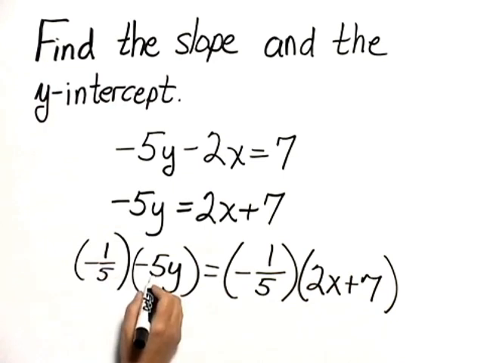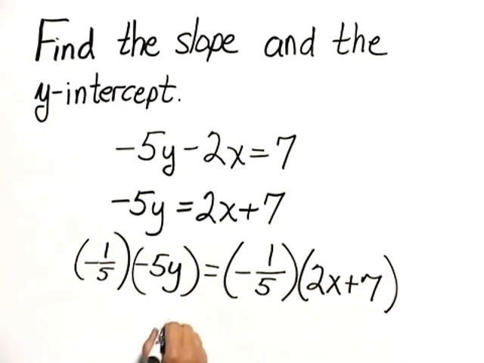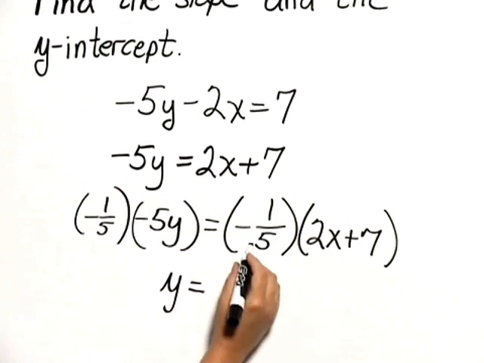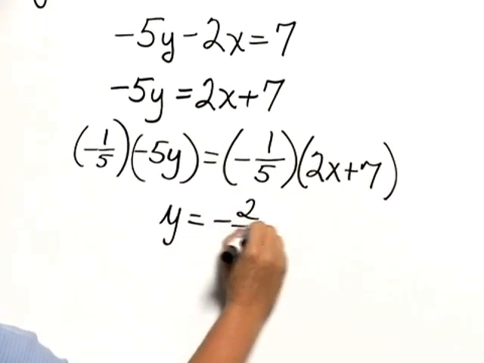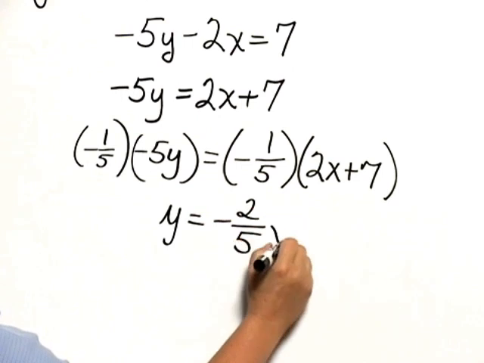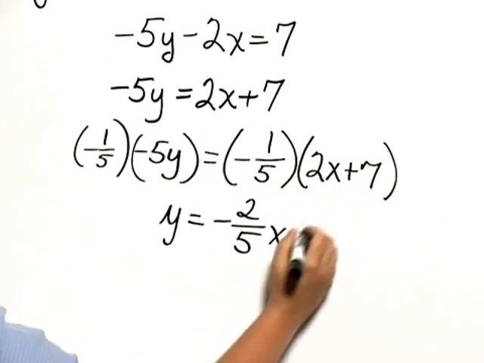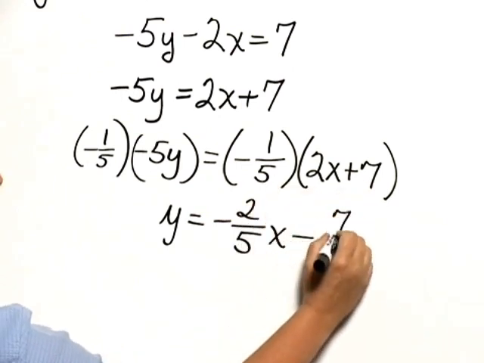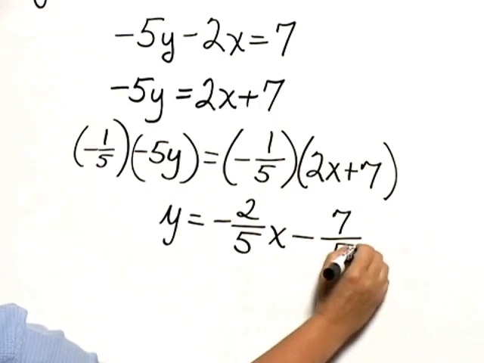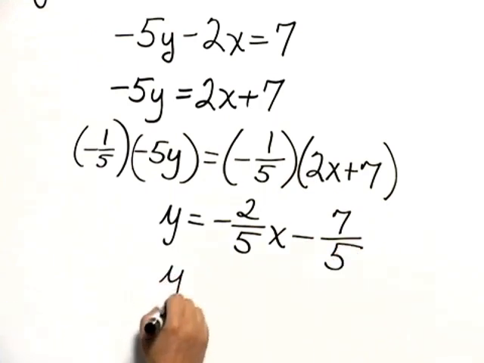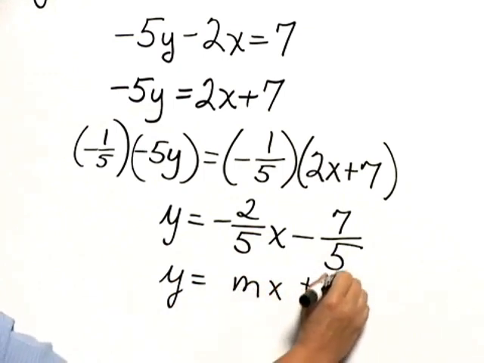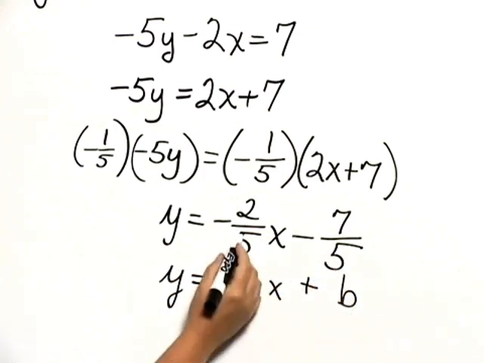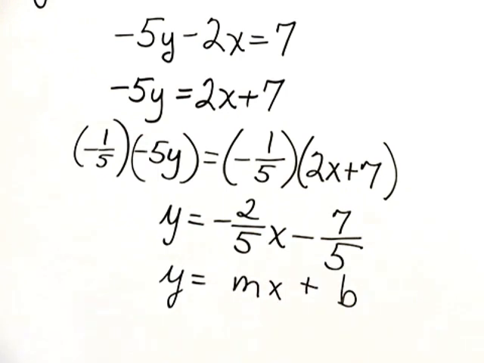Negative 1/5 times negative 5 is 1. So we have y equals negative 1/5 times 2 is negative 2/5 x, negative 1/5 times 7 would be negative 7/5. Now this is in the form y equals mx plus b, where m is negative 2/5 and b is negative